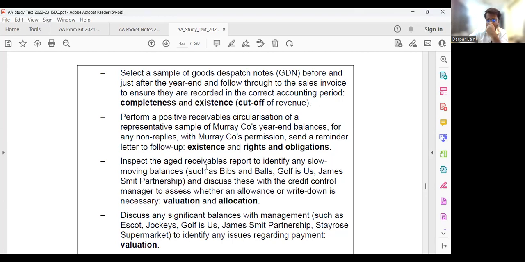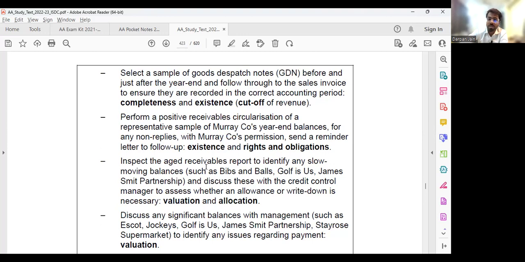Those goods dispatch notes, since they are dated 30th December or 31st December, belong to this year. So record them in this year. And the goods dispatch notes of next year, don't record them in this year. Great. Next,